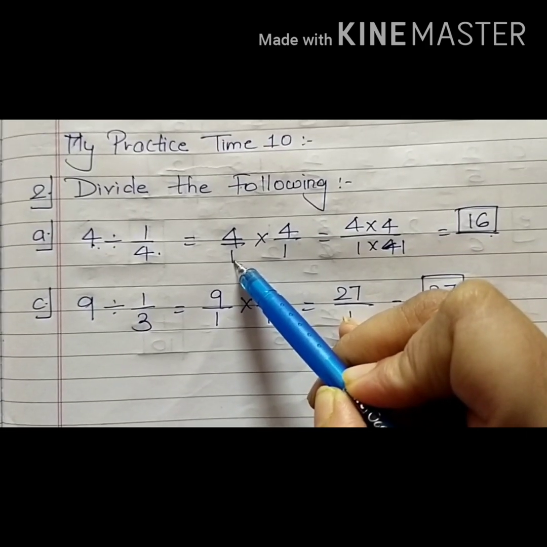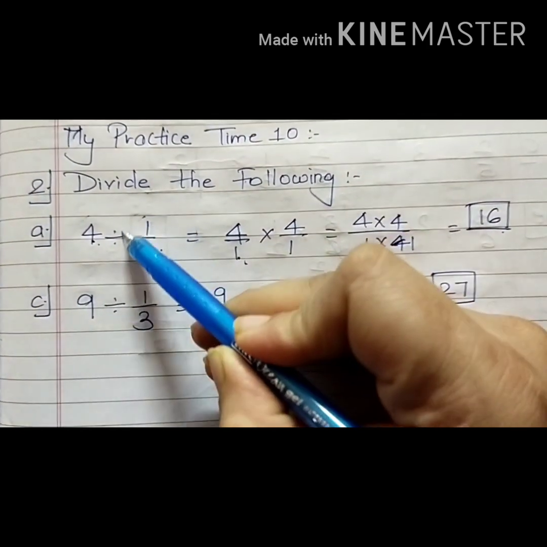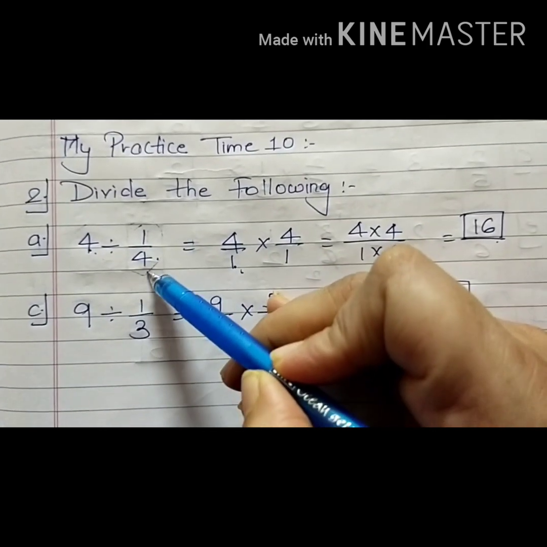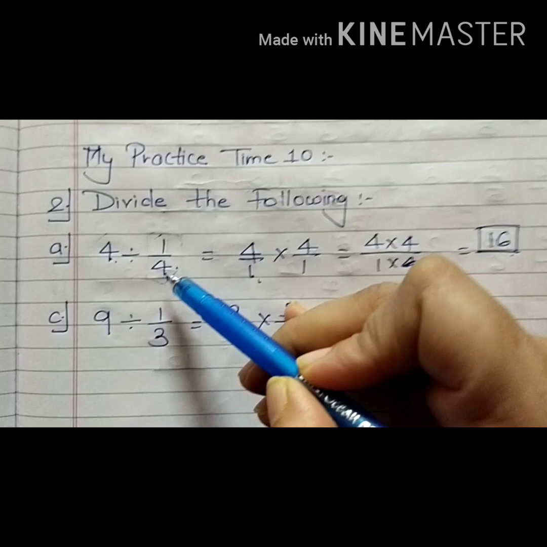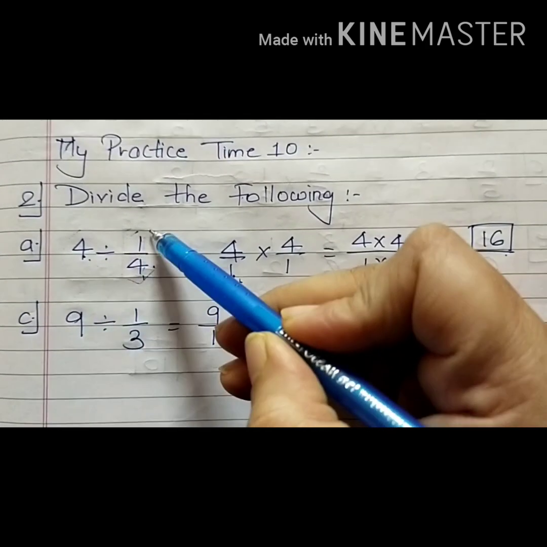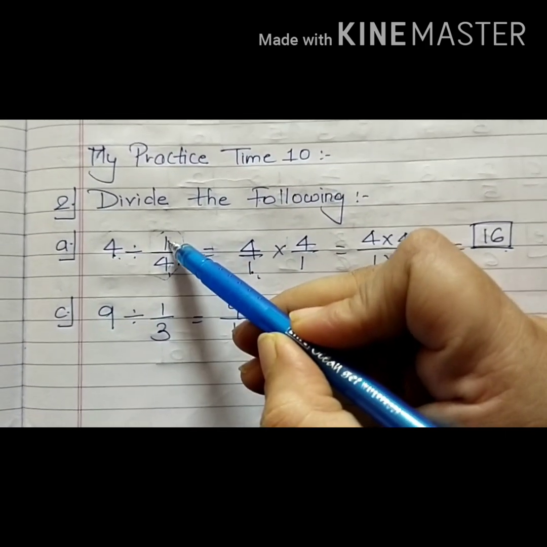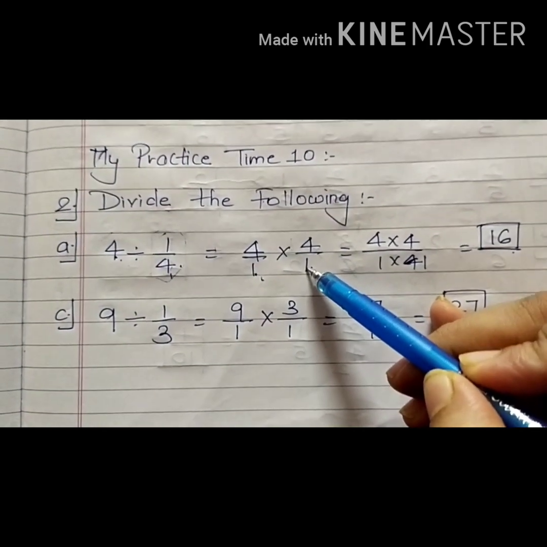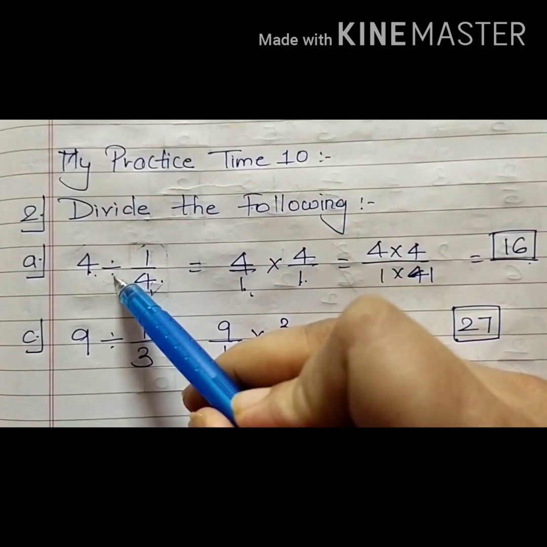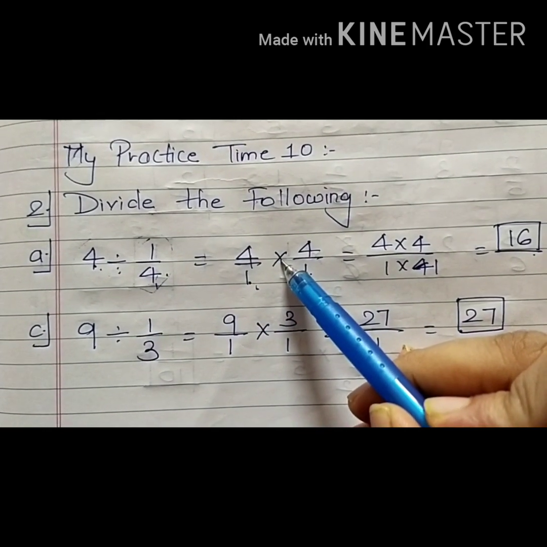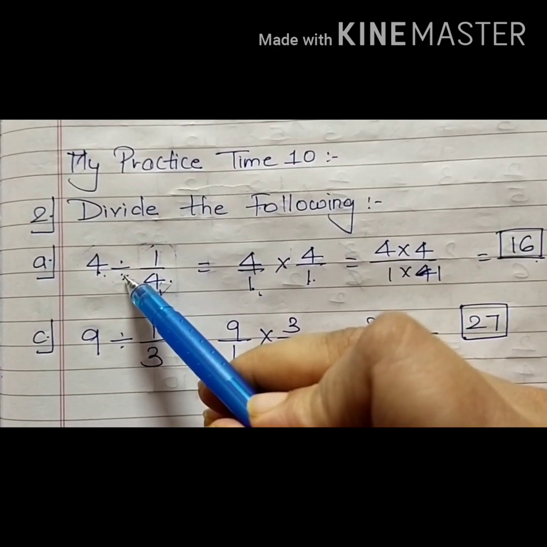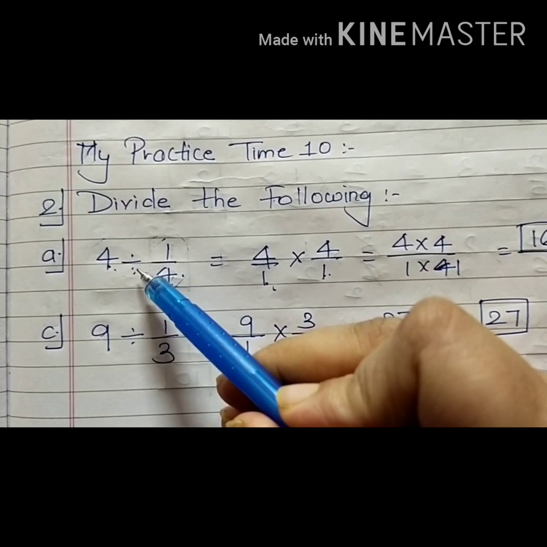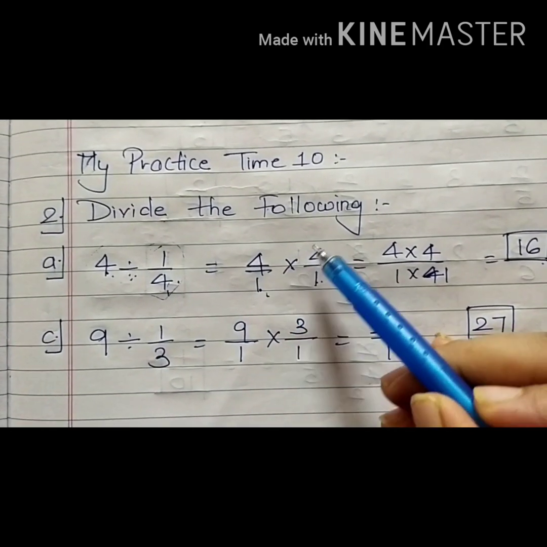Now what you need to do is, the second one, always consider the second one, let it be a whole number, let it be a fractional number. I will first reciprocal it. So 1 upon 4 becomes 4 upon 1. When you reciprocal it, keep in mind that you will convert the division sign into a multiplication sign. The opposite of division is multiplication, and reciprocal goes along with it. So 4 upon 1 into 4 upon 1.